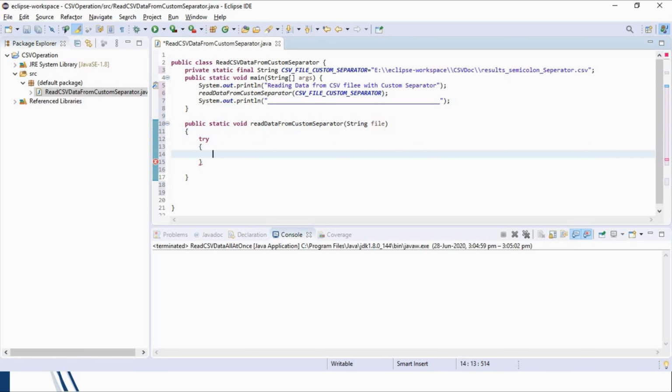Now in this try block we will write down our logic. First we will create an object of the file reader class with the CSV file as a parameter. And now we will create a CSV parser object with custom separator, that is semicolon.